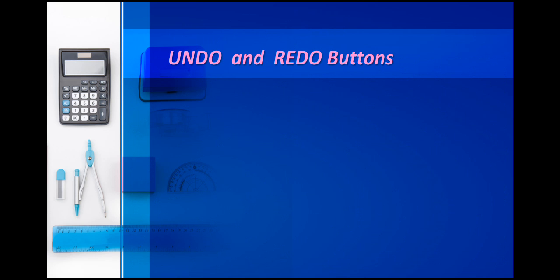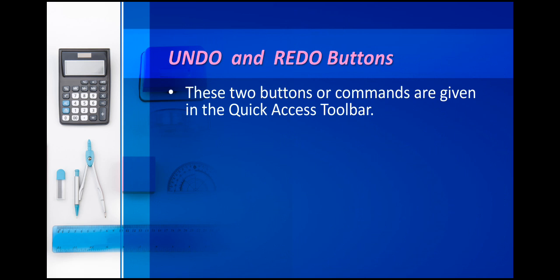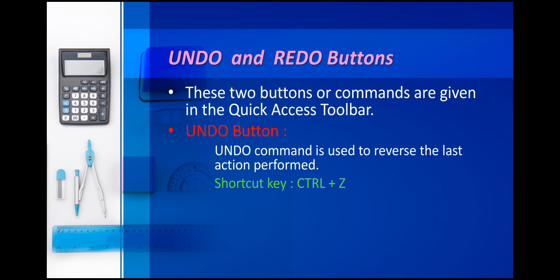Undo and redo buttons or commands. These two buttons or commands are given in the quick access toolbar. The undo command is used to reverse the last action performed. Yes, and what is the shortcut key of this undo button or undo command? CTRL plus Z. Undo means if you have made any mistake while doing your work, what you have to do,